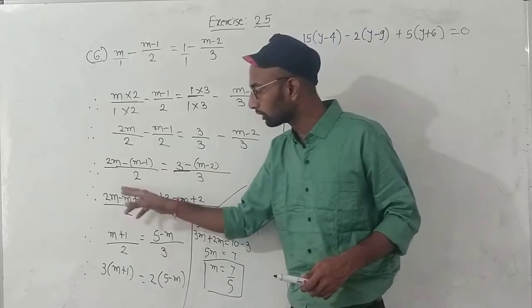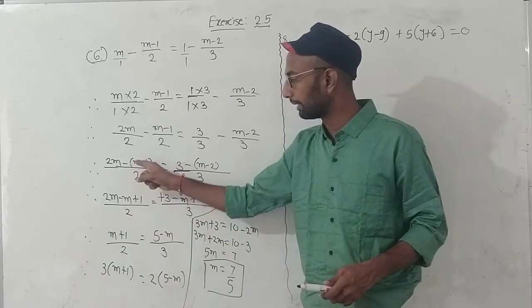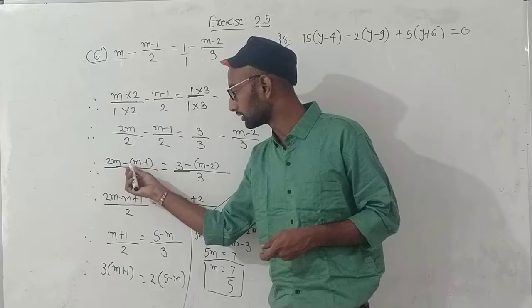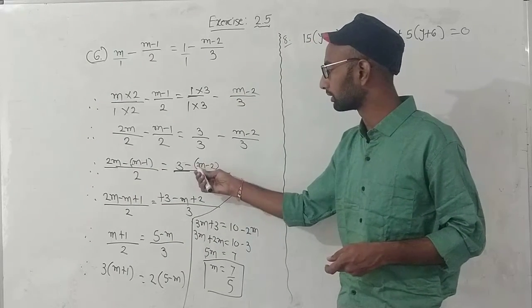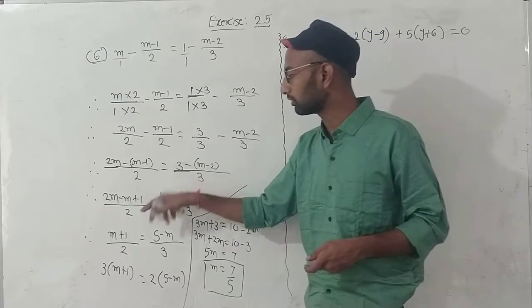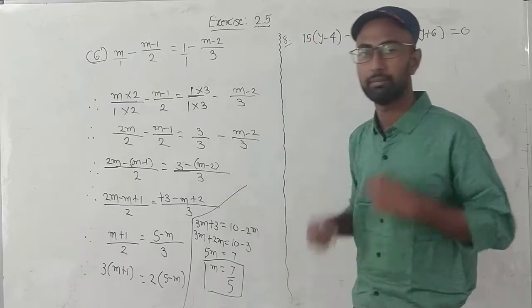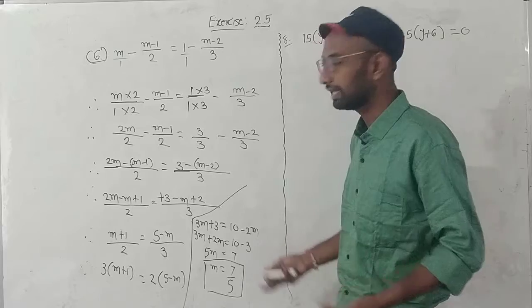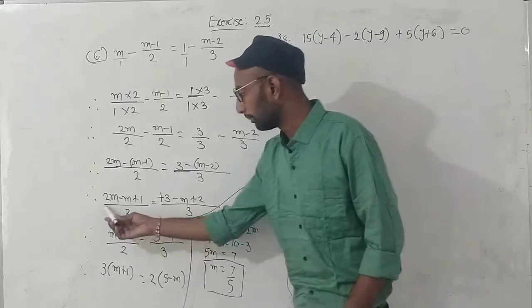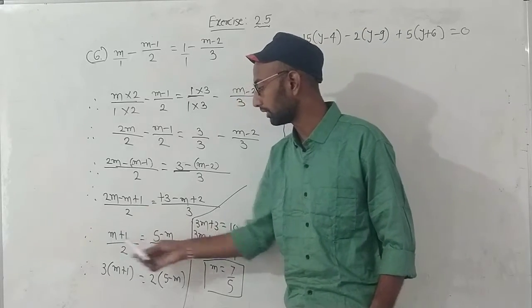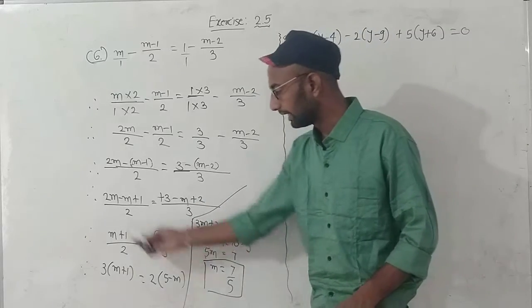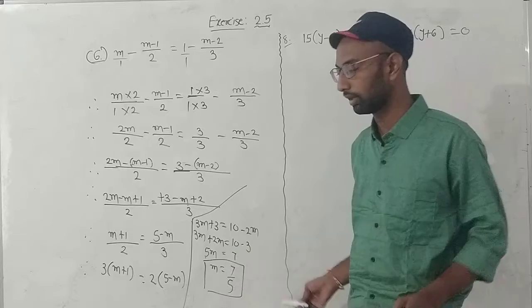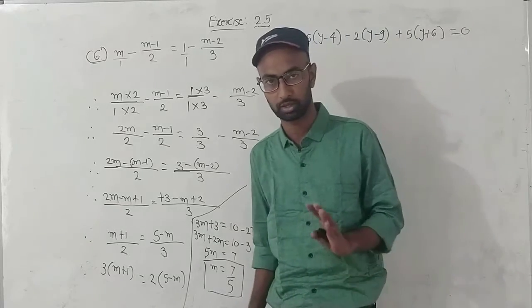फिर जब ब्रैकेट रिमूव होगा तो मैं उसके साइन चेंज करूंगा. मैंने m का m भी कैसा है प्लस है तो मैंने उसको माइनस बना दिया. यहाँ पर भी m कैसा था प्लस तो मैंने उसको माइनस बना दिया. -1 became +1, -2 became +2. Then it's very easy for all of us. 2m minus m plus m plus 1, 3 plus 2, 5 minus m as it is. Then we done cross multiplication. Now after that it's very easy for all of us.